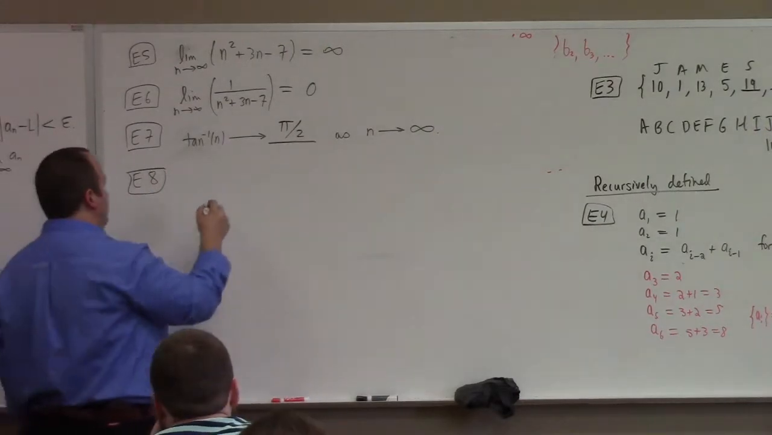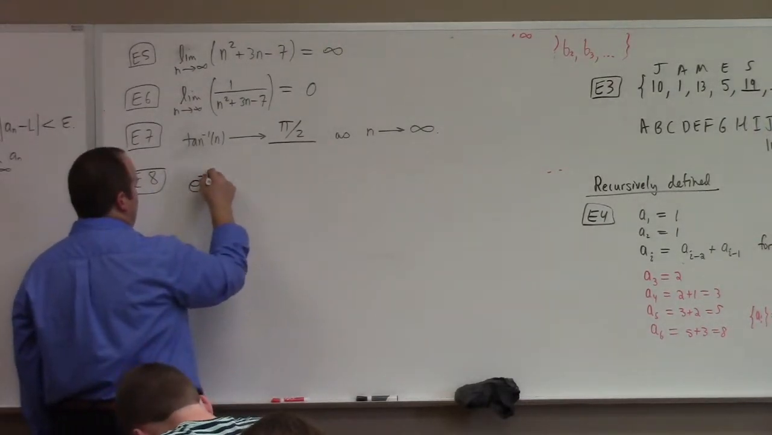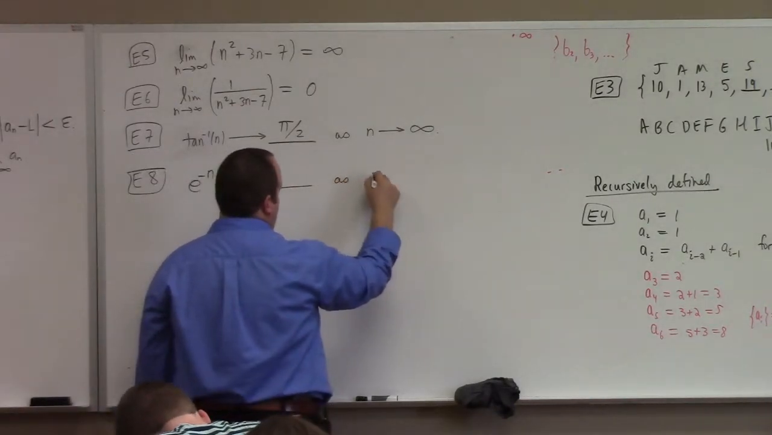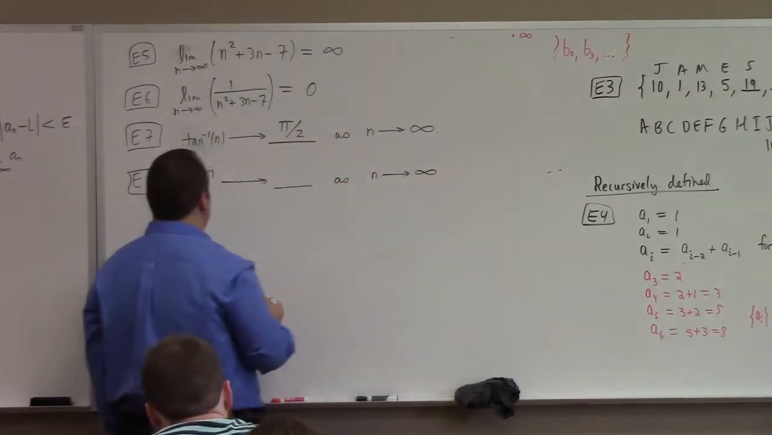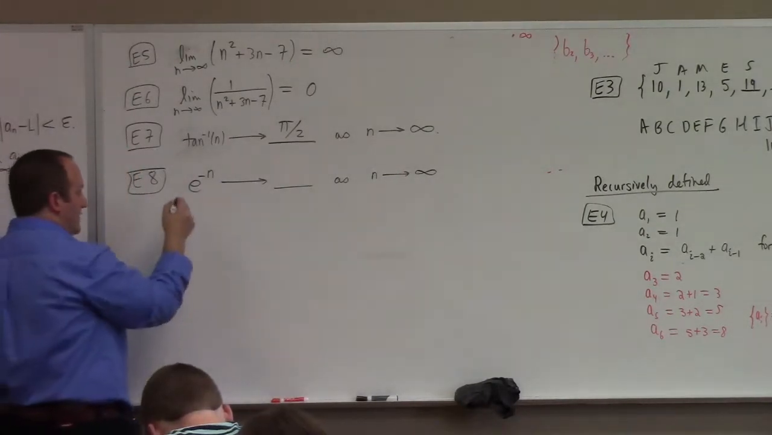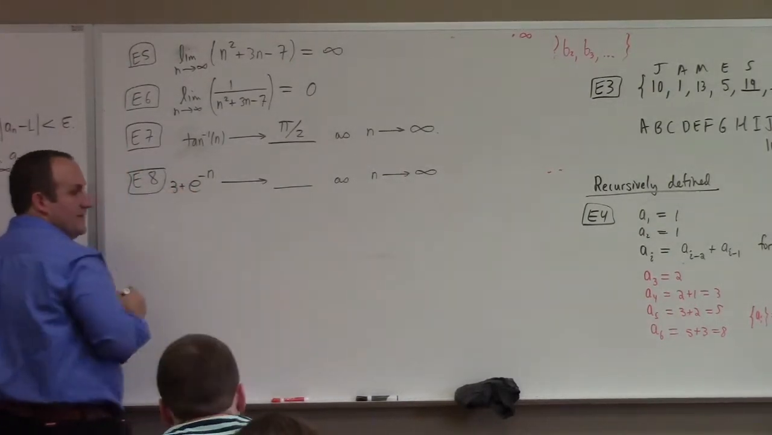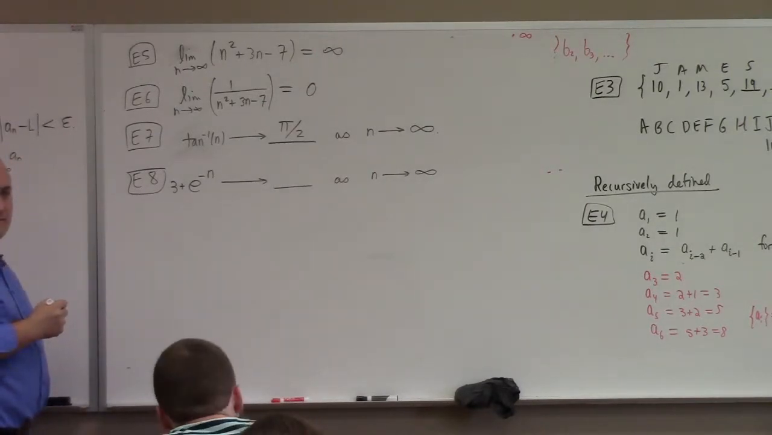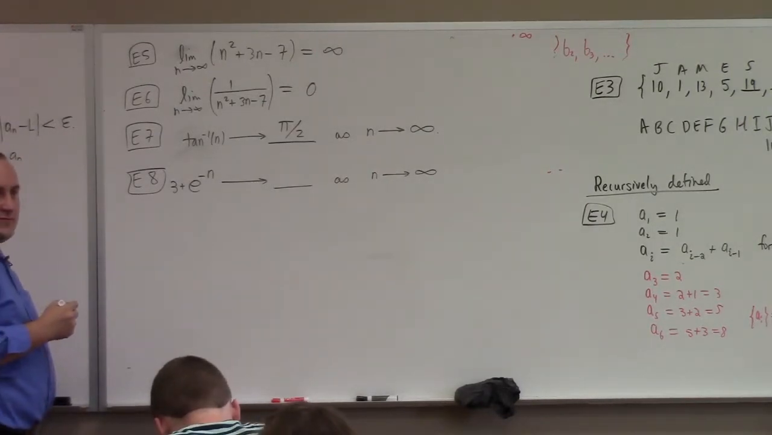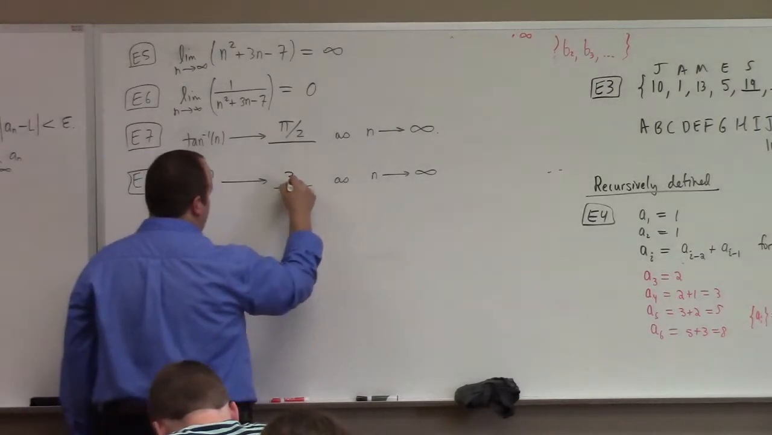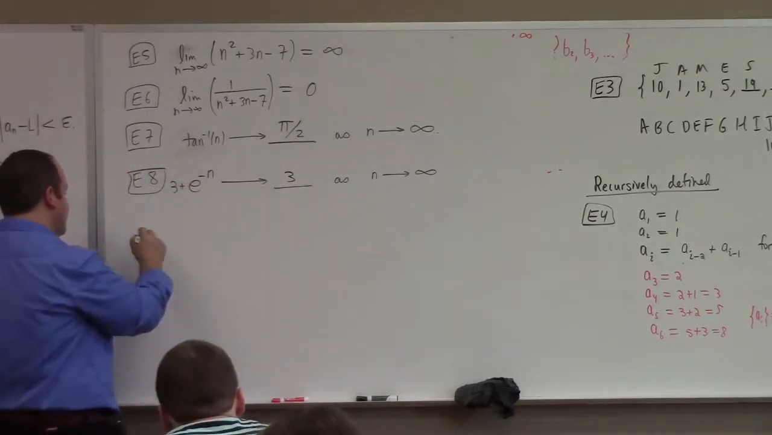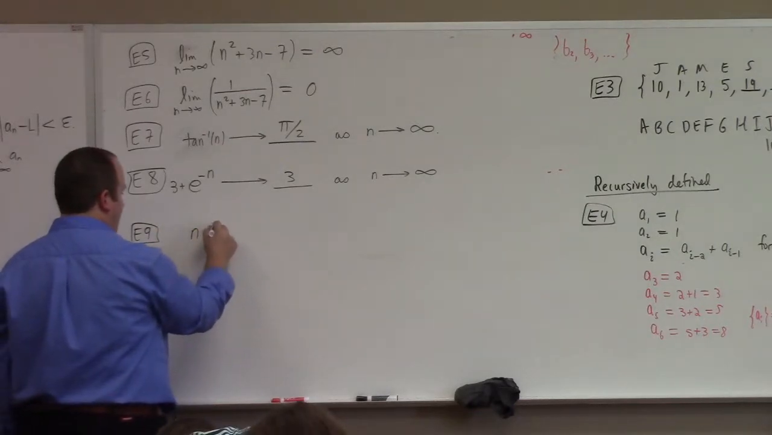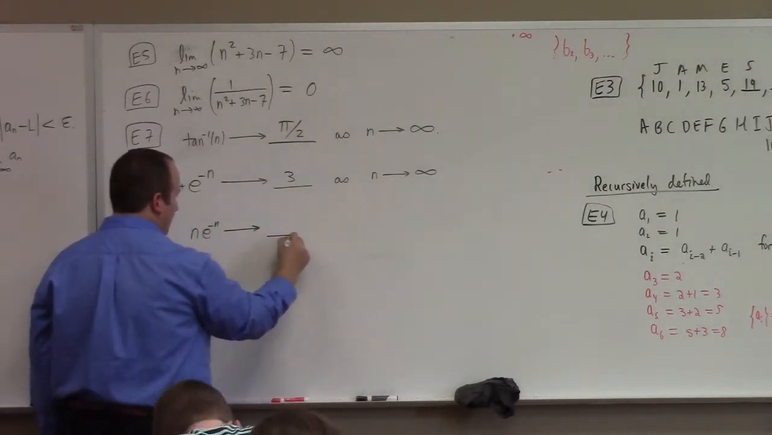How about e to the minus n goes to blank as n goes to infinity? I'll make it more exciting. 3 plus e to the minus n goes to 3, right. How about this? n e to the minus n goes to